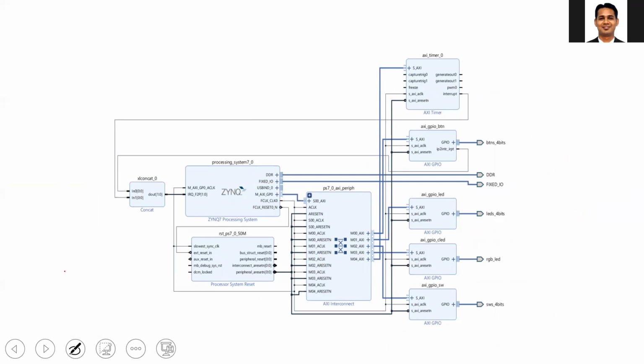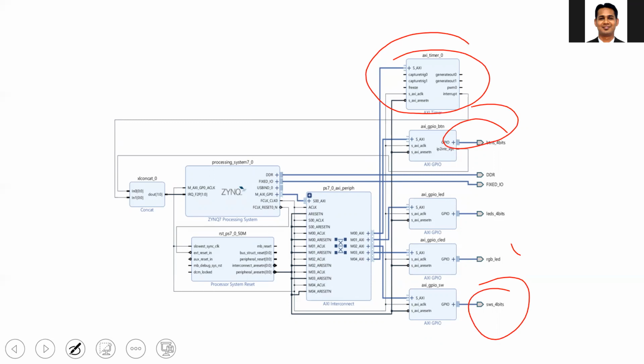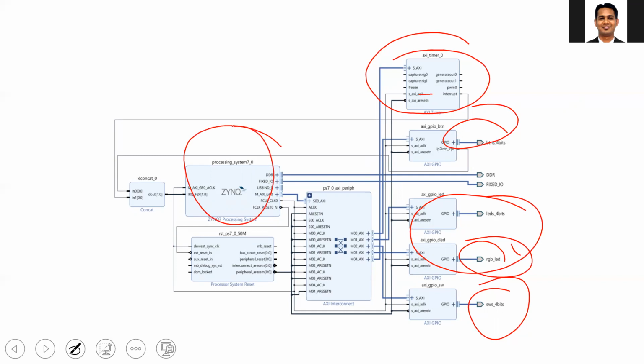For example, one possible application of this block diagram is that whenever the timer reaches 0 or whenever the timer reaches its maximum value, it generates an interrupt, and at that interrupt you read the status of the push buttons and the switches, and then display some appropriate values on the LEDs. Or every 10 seconds or every 1 second, you change the color of this RGB LED from red, green, blue, and so on. And this you can control by writing the C code inside the ARM processor.